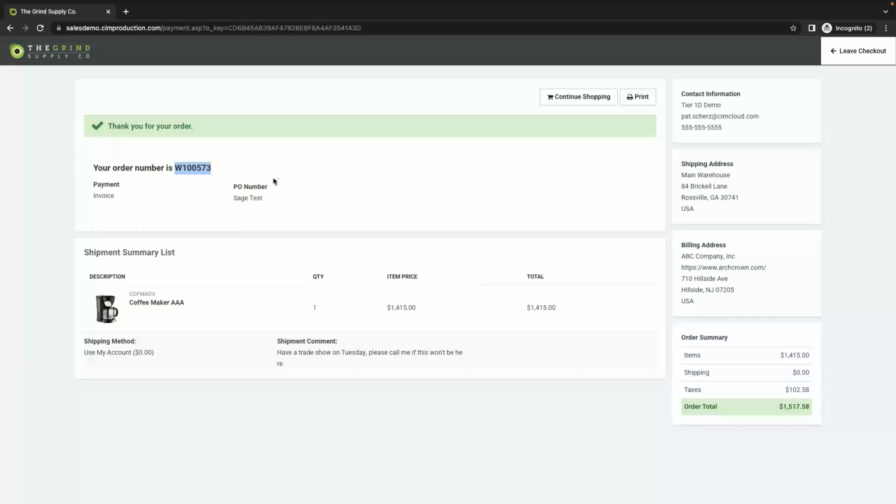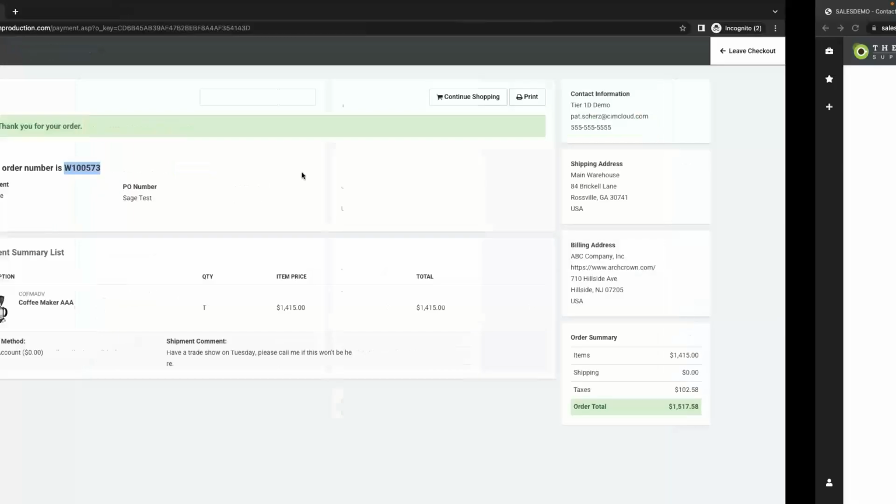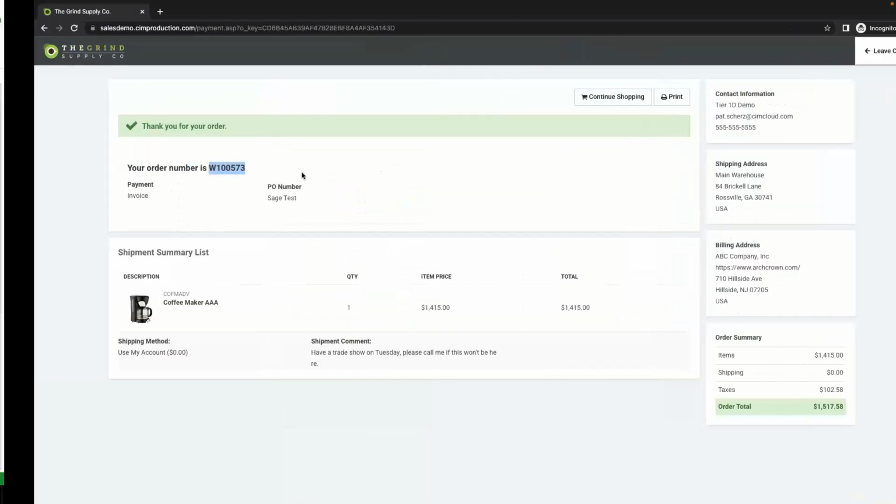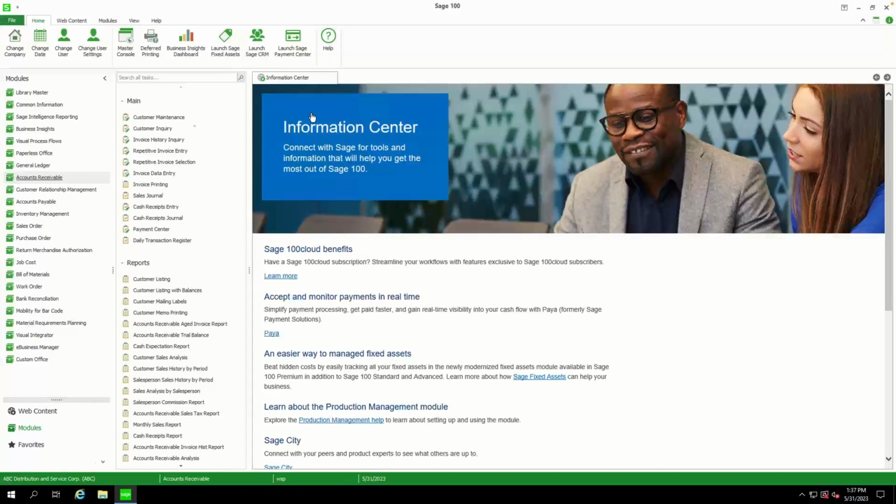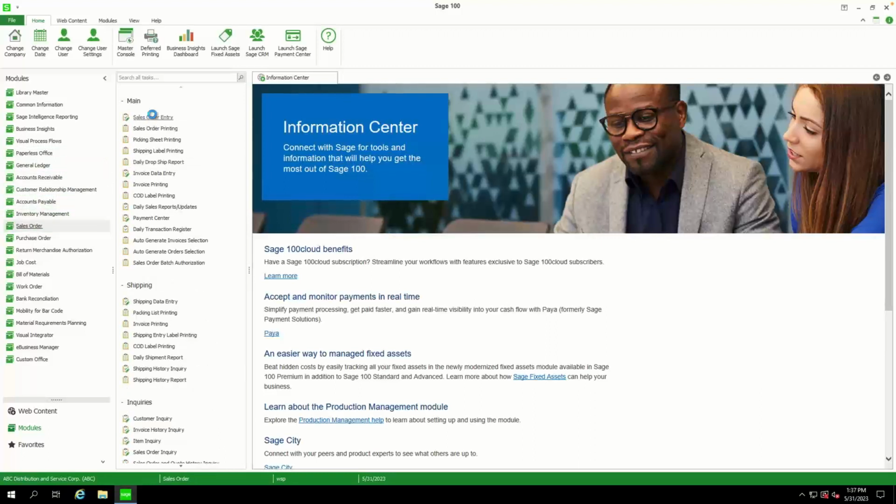So you have clear line of sight into what orders came from the website, and then what orders came in via other alternatives. That could be still getting some email and phone in orders. That could be your EDI orders, for example. We don't particularly care how they get into Sage 100. Once they get there, we can display them, but just for proof of concept on sales order, importing to Sage,